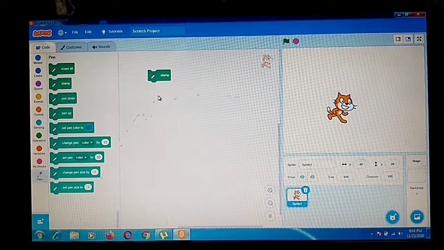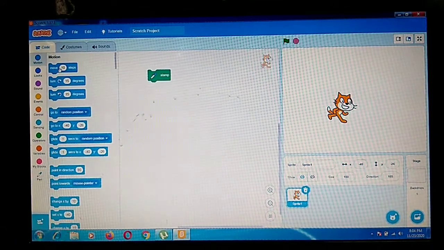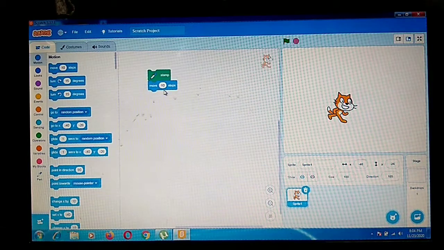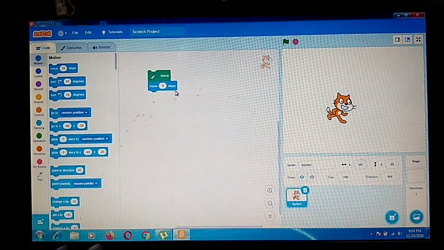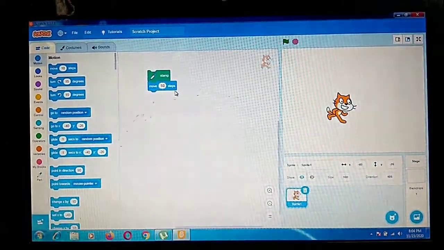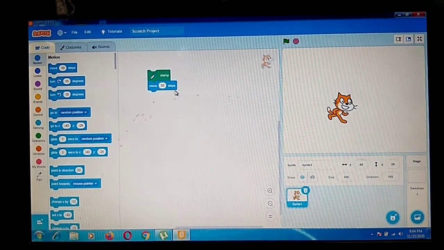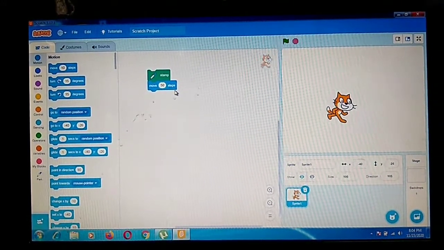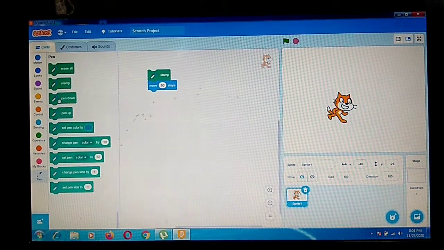Then for moving the sprite, you will take this move 10 steps block. Here I am changing the value, in place of 10 I am taking 50, so this will move the sprite 50 steps forward. You can choose the pen down block also if you want to draw a line while moving, so I am choosing pen down.